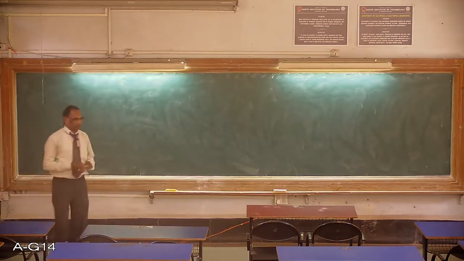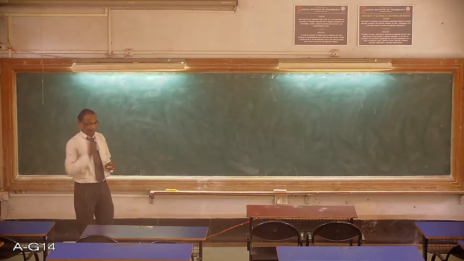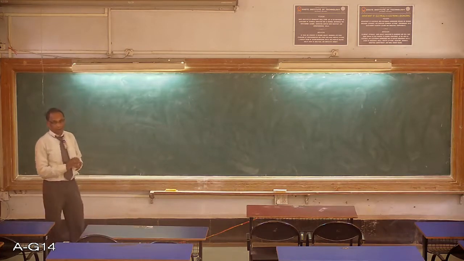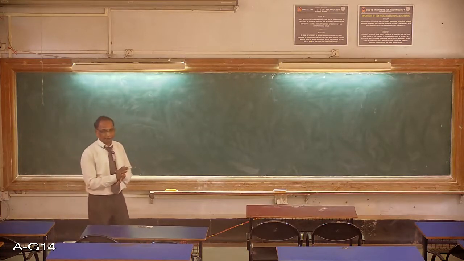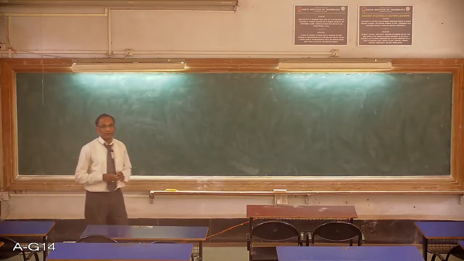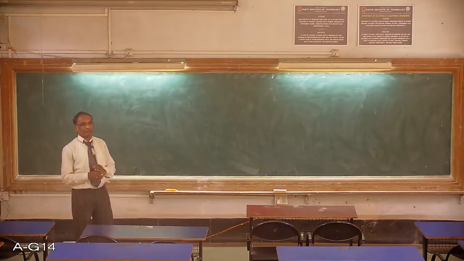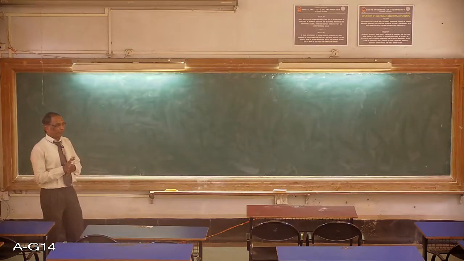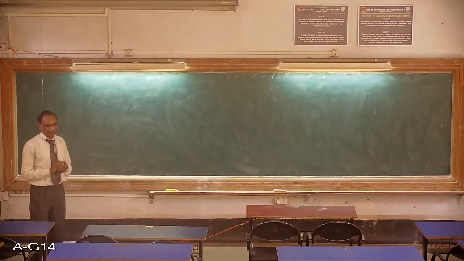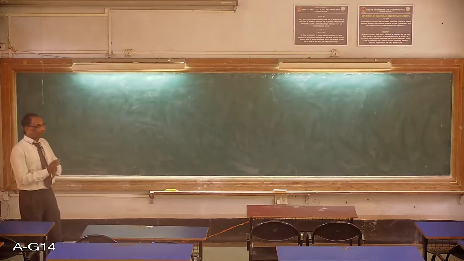So, in yesterday's lecture, I started with the introduction about stability. The system is said to be stable if the input is bounded and the output is bounded. If within limits we apply the input, the output is also within limits. Now, if for a bounded input the output is unbounded, that is, for a small input the output goes very high, in that case we say the system is unstable, and to test the stability, we need to know the